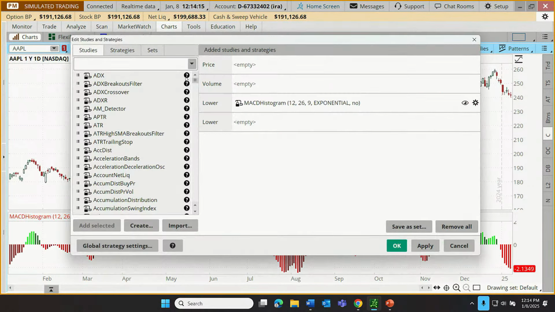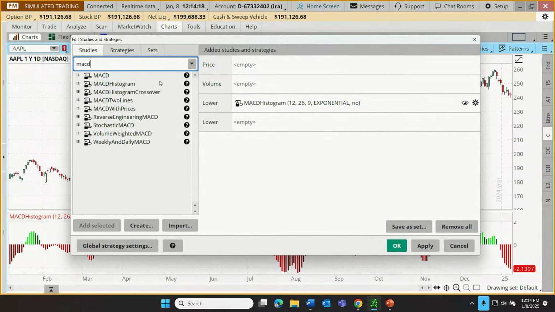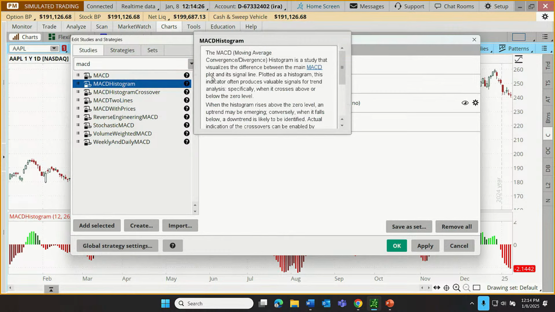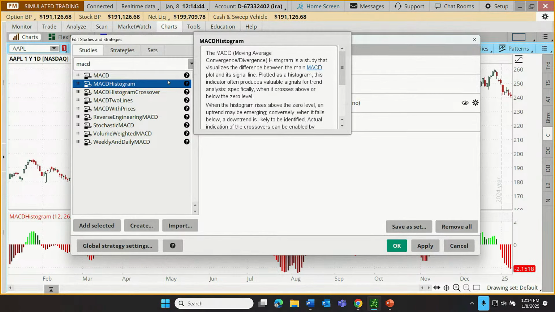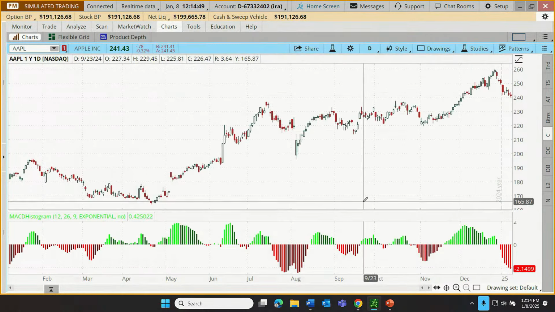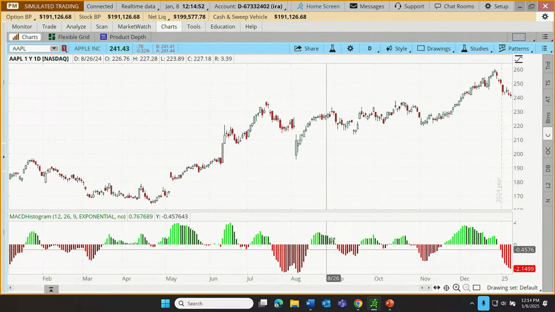And by the way, if you find an indicator that you don't know anything about, just click on the little question mark right next to the name in the menu, and this will give us a pop-up. It'll teach us some basics about the indicator. Is it going to make us a pro at trading that indicator? Of course it's not. Nope. But here's a summary of the MACD, known as the moving average convergence divergence indicator. We can scroll down and read some more about it. Click on that again, and I'm just going to close it out. There we go. All right, so there's our indicator.